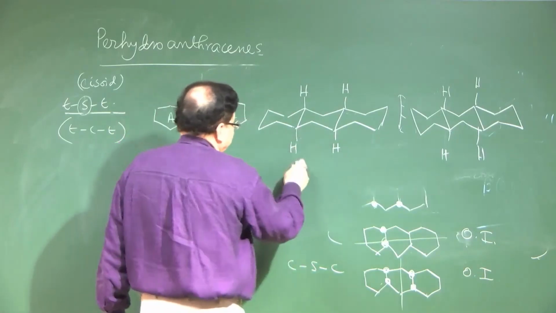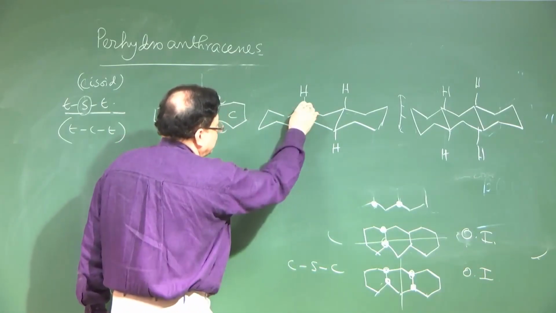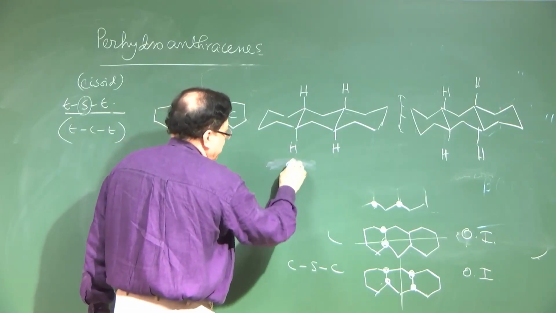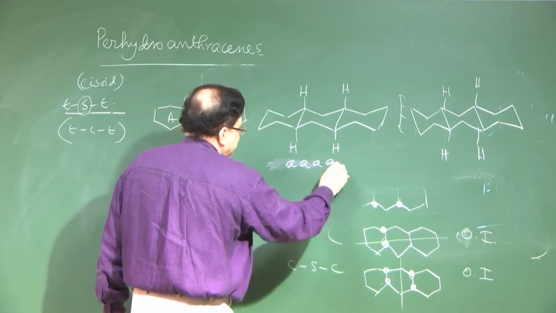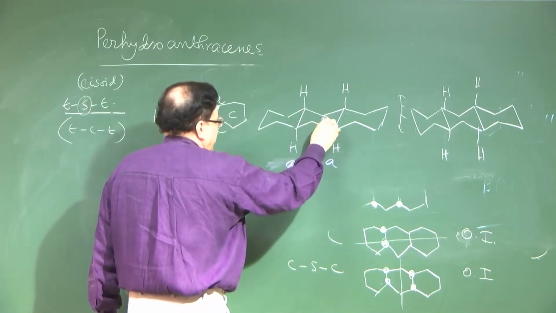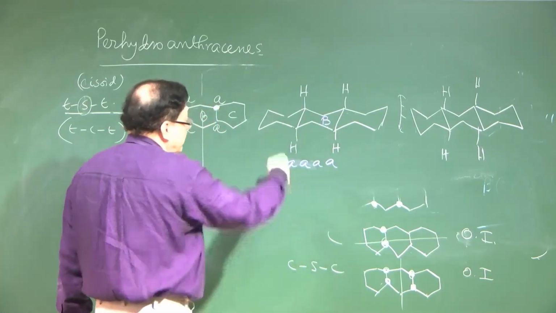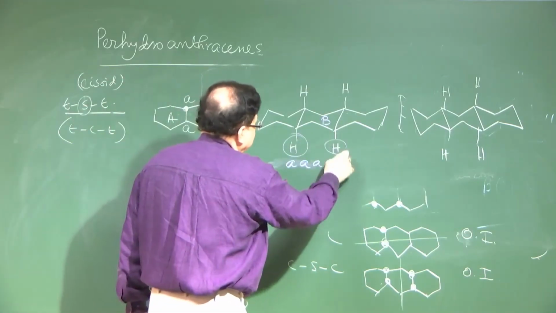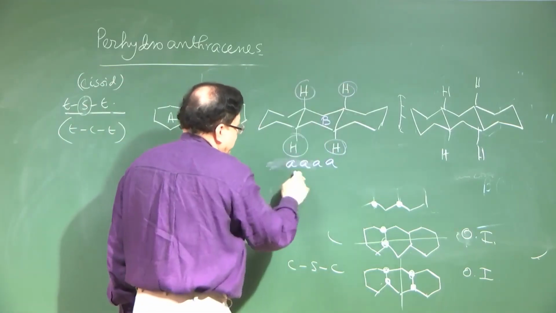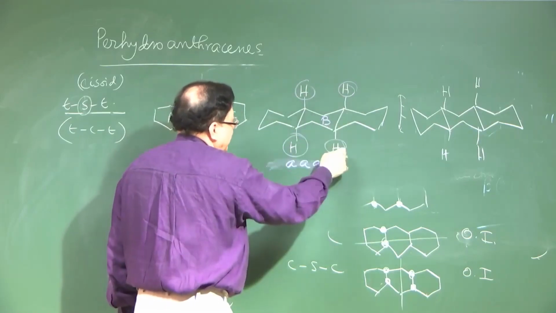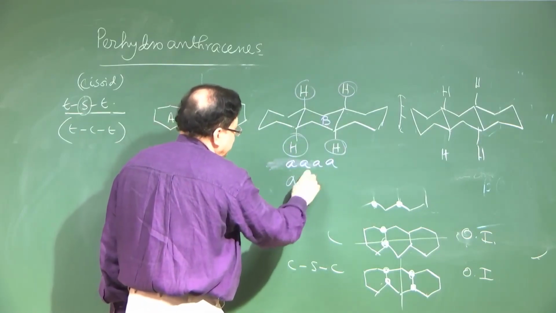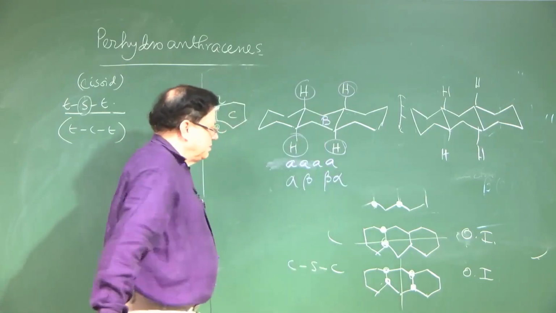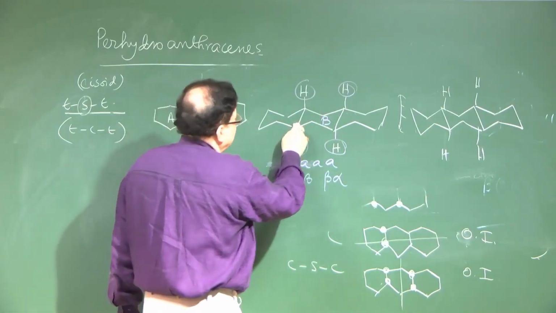Suppose you go from equatorial, axial, axial, axial, this is axial to this B ring. Here of course, this is axial to the A ring also, but remember our notion is always with respect to the B ring. So, this is axial, axial, axial, axial, this is alpha, beta, beta, alpha, and the direction is,